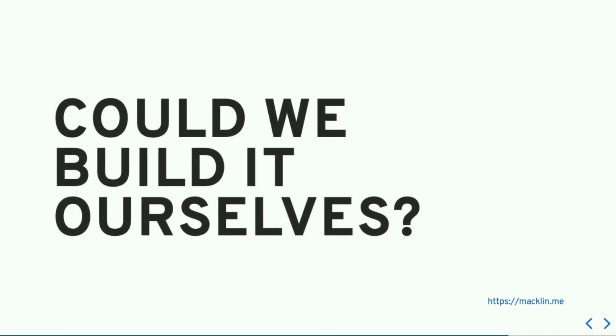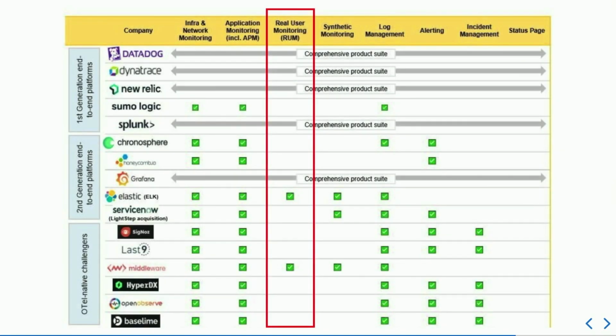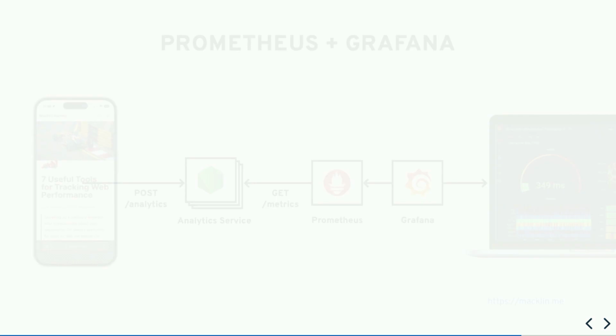But I wonder, could we build this ourselves? Because it doesn't seem that hard, right? I would actually say that this is probably a stupid idea, so don't do this. But when I first did this, there weren't a lot of options around that had real user monitoring. So if we look to all the usual suspects for platforms for observability, this actually wasn't the case 2 years ago when I first did this. So I actually did build it myself, but since then, Datadog, Dynatrace, New Relic, Splunk, Grafana, and Elastic all have a solution for this. So if you're using any of those, don't build it yourself. Even then, probably don't do it.